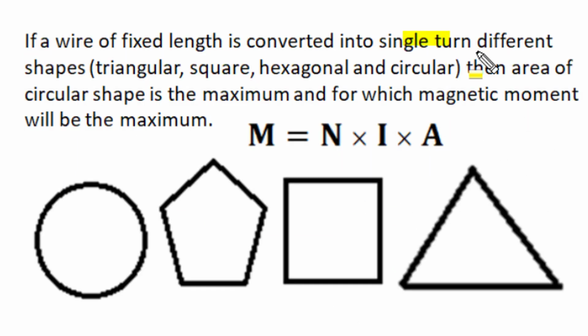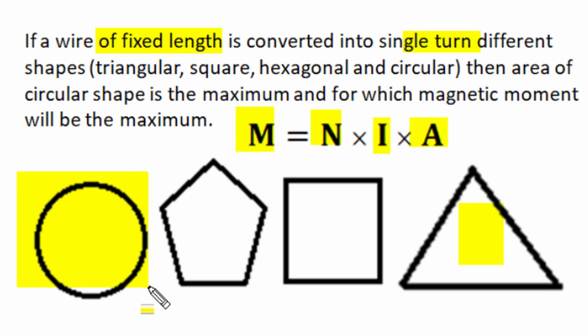If a single-turn or same-number-of-turns current loop is formed in different shapes using a fixed wire length, then for the same peripheral length, the magnetic dipole moment for the same amount of current depends upon the surface area enclosed by the current loop. For a given periphery, the enclosed area of a circle, being a regular polygon of infinite number of sides, is the maximum. So a circular loop for the same wire length and same amount of current will produce